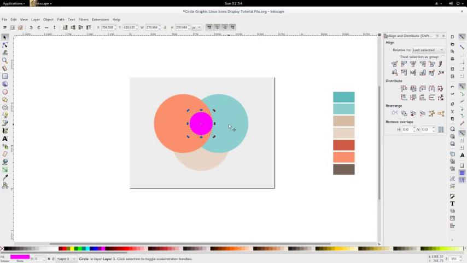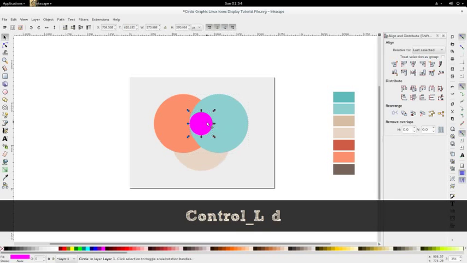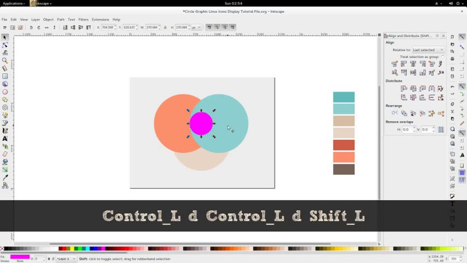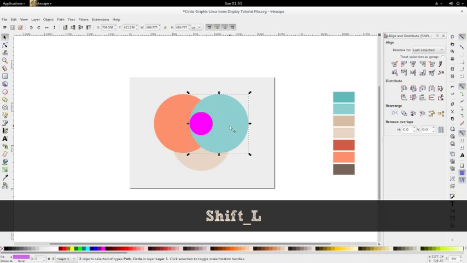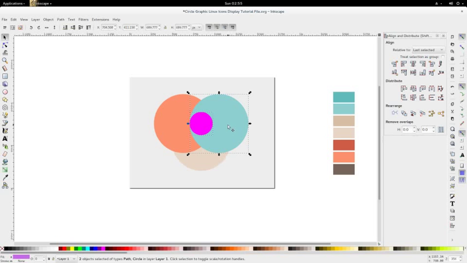Good. The next thing we need to do is that, as we see in the original image, we need to make them overlap, and I want this thing to overlap starting with the blue. So I'm going to duplicate this blue and duplicate this purple, and I'm going to select the two of them,